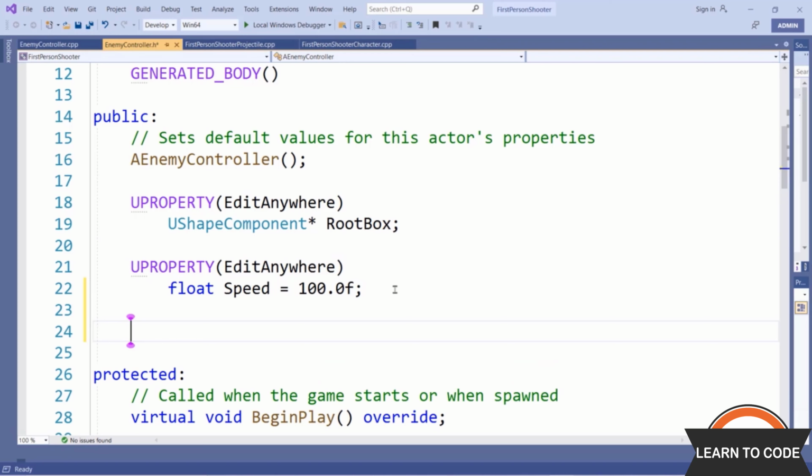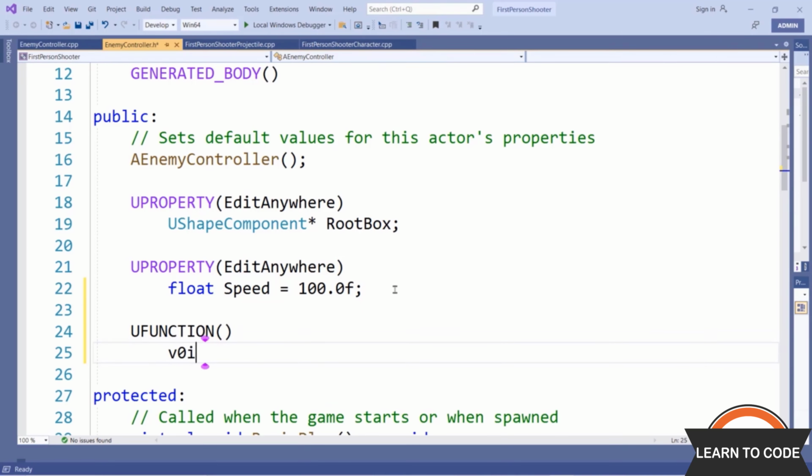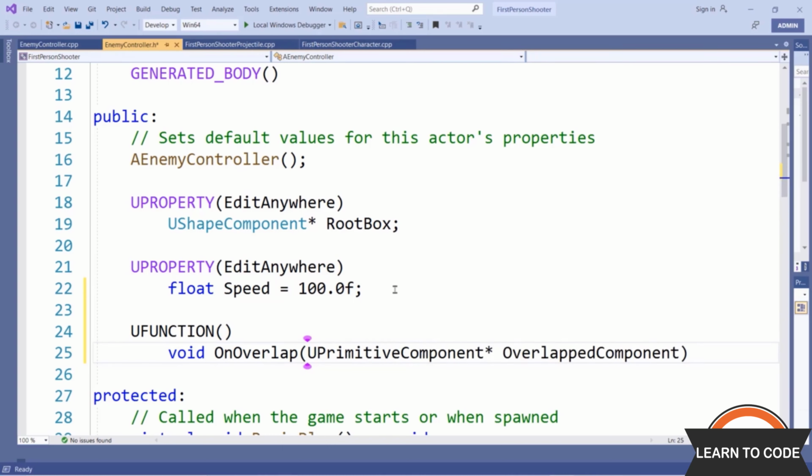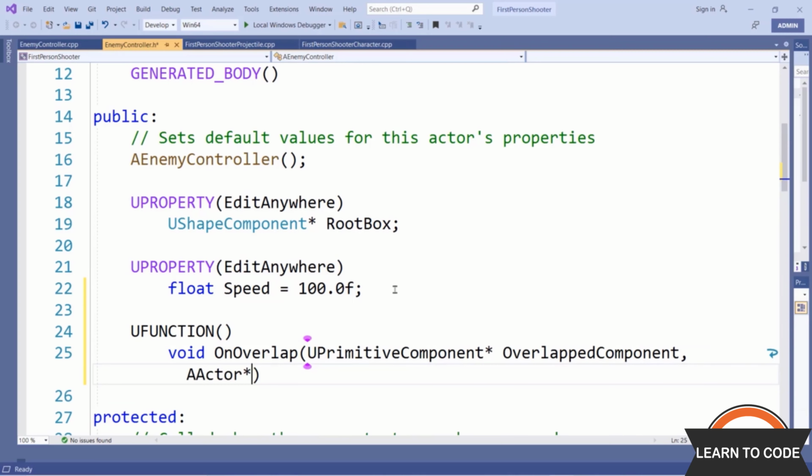Next, let's declare a function that is going to run whenever the enemy collides with something or overlaps with something. So I'm going to declare a function. It will be void. And here I'm going to call it onOverlap. This is going to take in several parameters. First, a UPrimitiveComponent, and this will be called the overlapped component. Next, an AActor, and this will be called other actor, followed by a UPrimitiveComponent that we'll call other